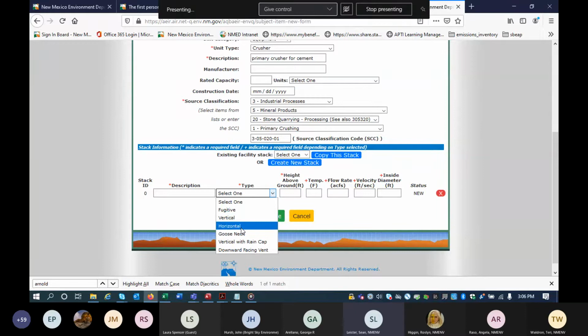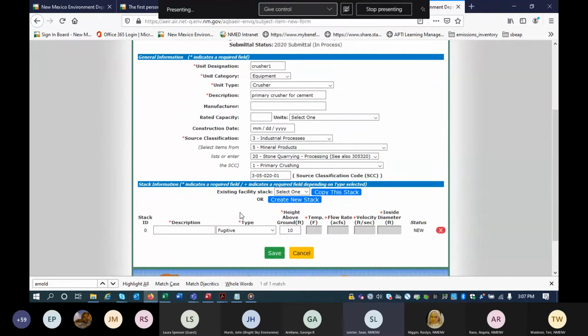What that means is that emissions from these pieces of equipment come out of a single point, which is the stack itself. But a fugitive stack you can think of as a volume source. What fugitives mean is that there's no real stack. You can't think of any one point on the piece of equipment that the emissions will come out of. And you can see how this applies to a crusher. There's no one single point on the crusher where all of the emissions come out of. So it is considered a fugitive.